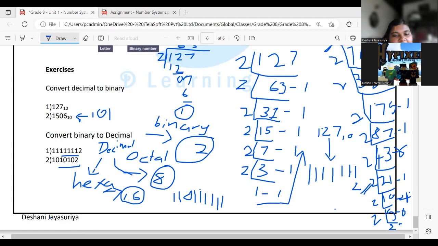And so like that we can update the values. And so this is 0 and this side is 1. So 2 into